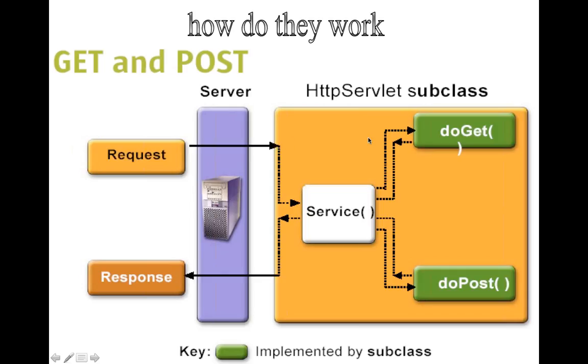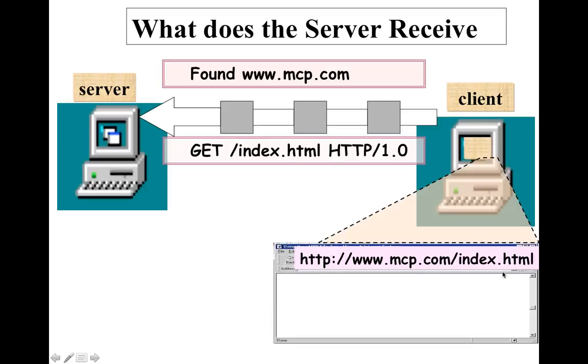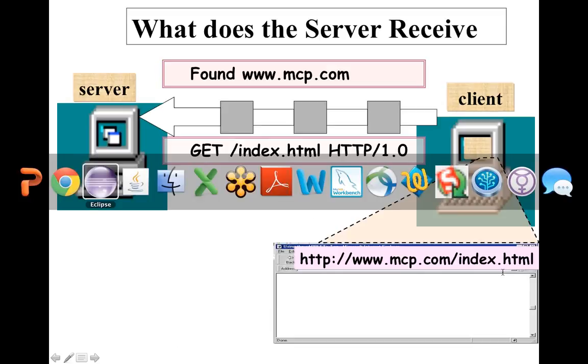We send the request to the service method. The type of request is also included in the request that has been sent to the server. If it is get, it invokes doGet directly. If it is post, it invokes doPost directly. But if you look at it in our application here,